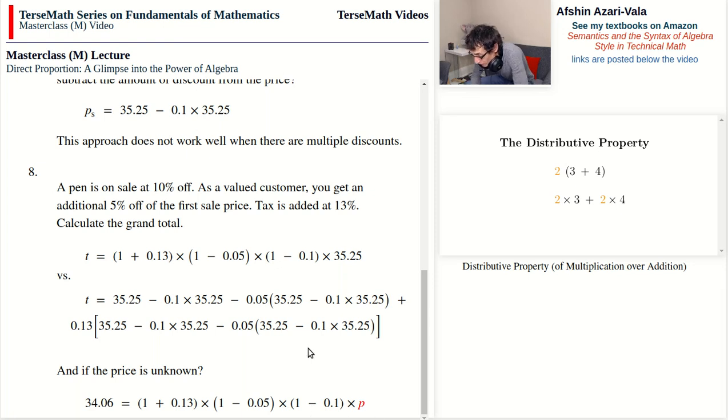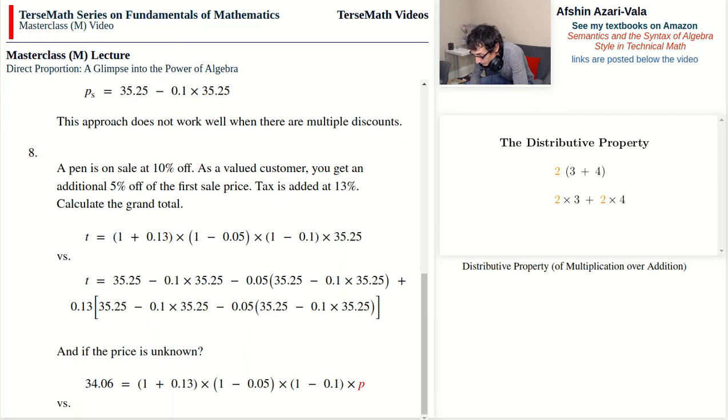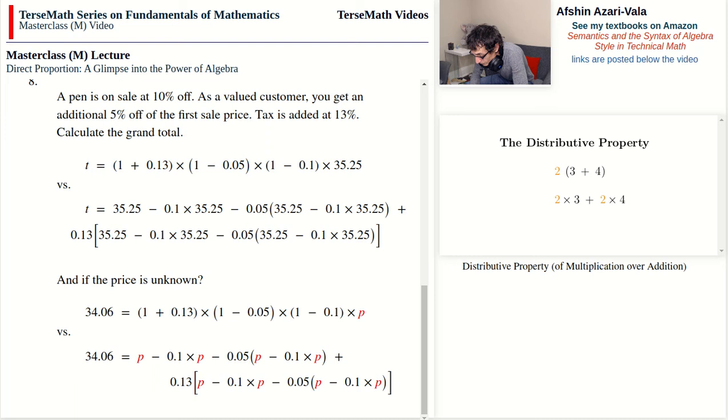If I do the same with the second equation, then this is what I get. There are many instances of price in the second equation, whereas in the first equation, it appears only once. That's also true about the other numbers. Let's take a look at 0.1. Once, appears twice, 3 times, 4 times. 0.05 appears once,